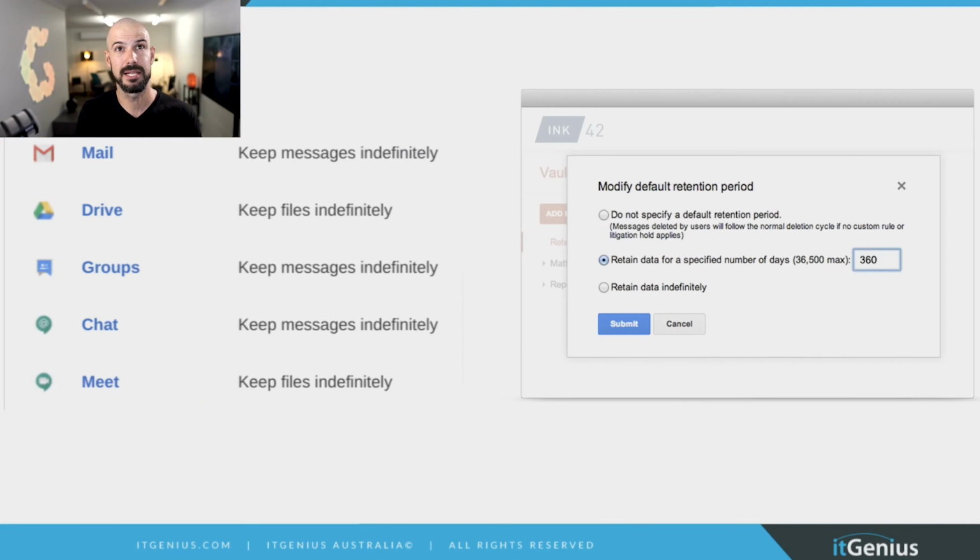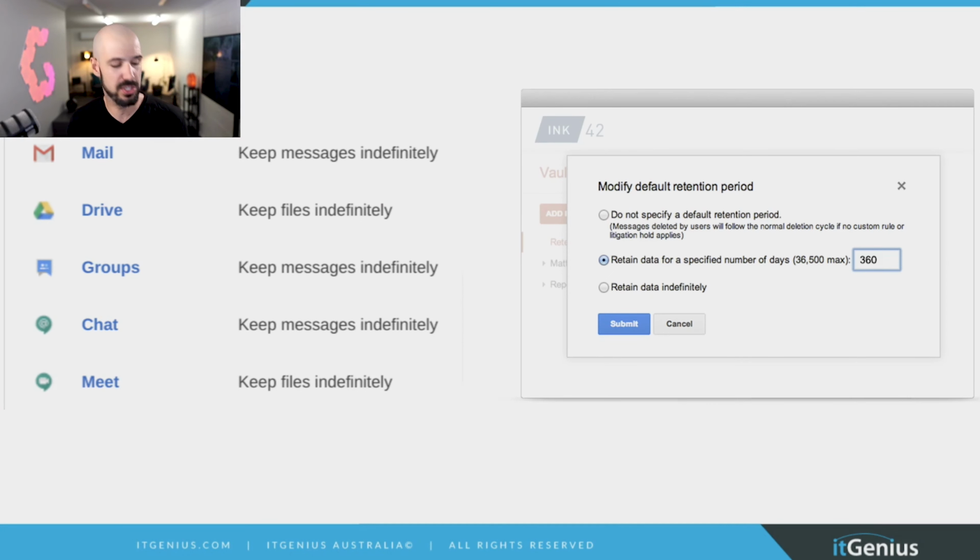So if you're a legal firm or a consulting company, or maybe you're working in accounting and you've got the needs of compliance where you need to keep a copy of records, maybe you're even in the medical field or financial services, then you can use Google Vault to store a copy of all of the information going in and out of the business. Where some businesses will manually drag and drop files into folders as their way of storing things, this does it all automatically and then allows you to search for the records anytime you need to, which is nice and convenient.